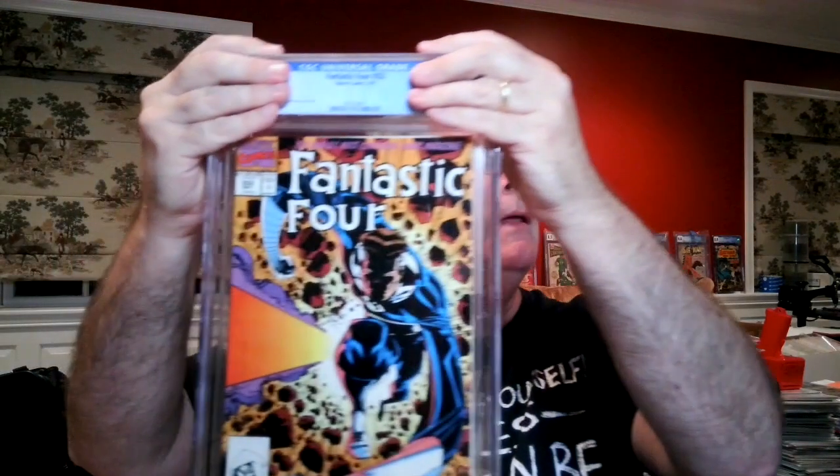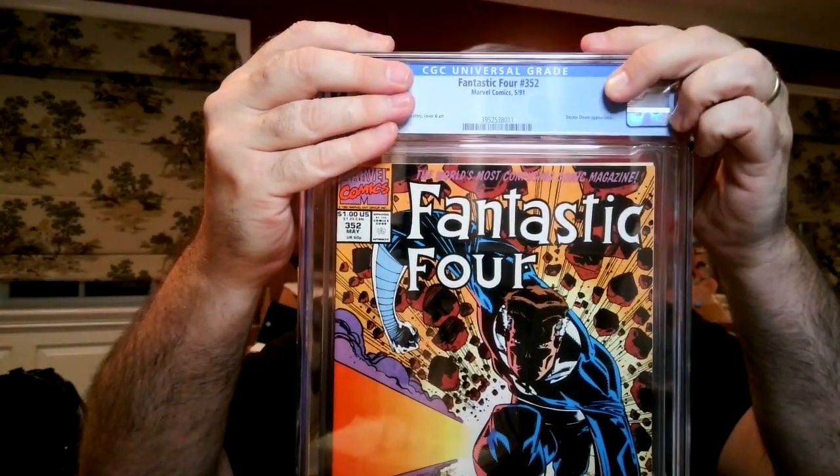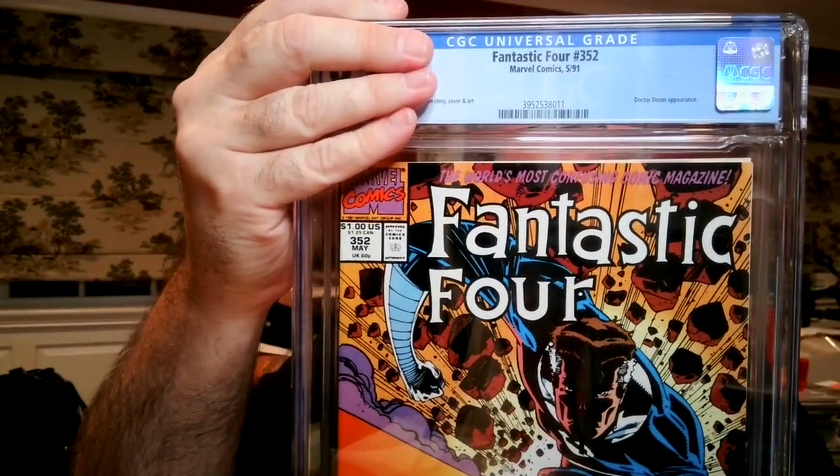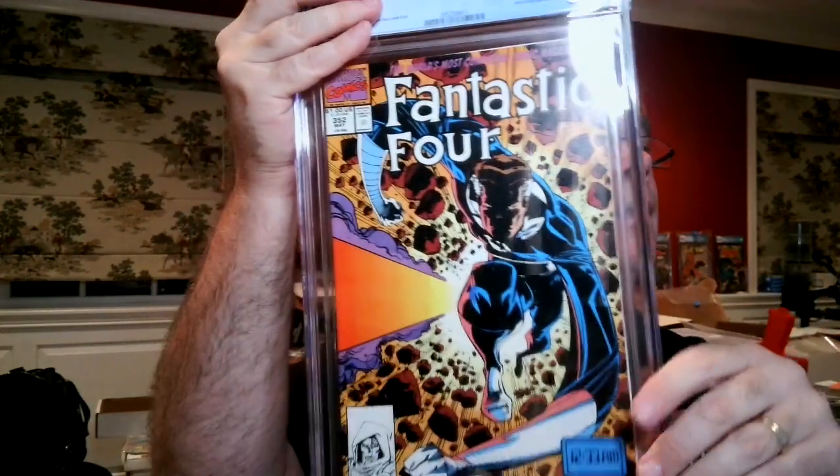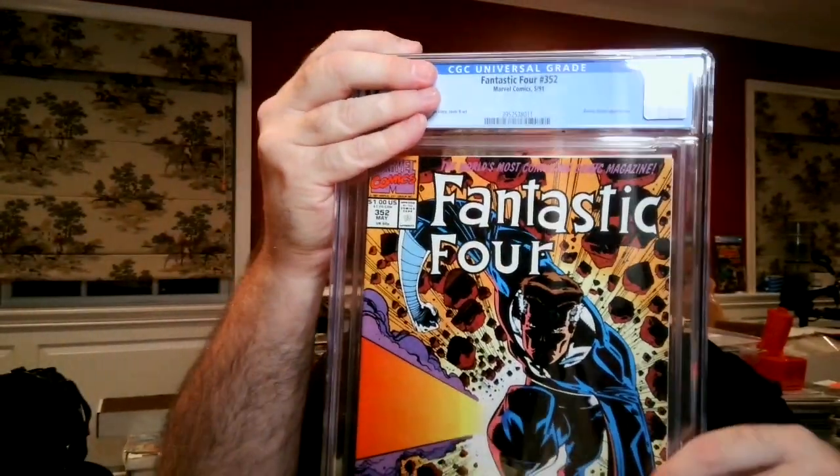We're down to our last book, and I know I had ASM 361, a first and second print, and a Hulk 340, and a couple G.I. Joe ones. I have to find out where those are. And then this is, what is the significance of this? Why did Dr. Doom appear in Fantastic Four 352? And I also know, man, maybe I submitted more books than I thought. Because I also have, I think, a White Vision in there. There's some other books that I know I submitted. And this came back, I don't know what the...